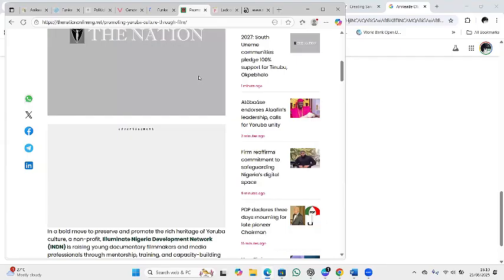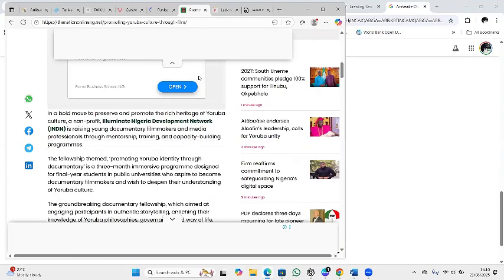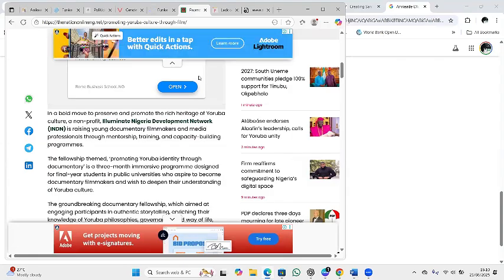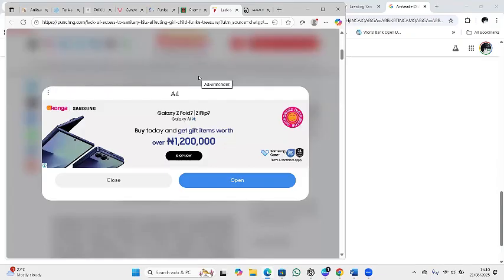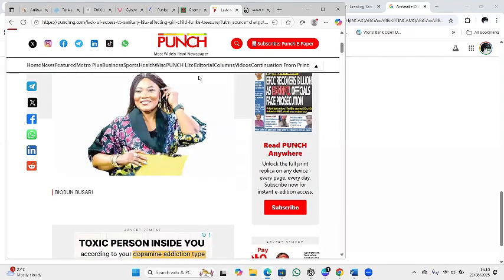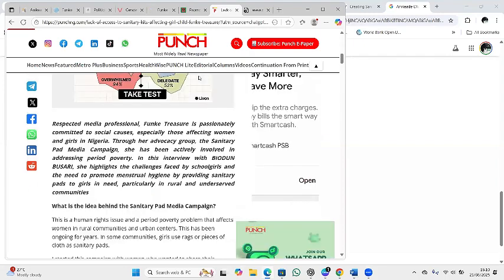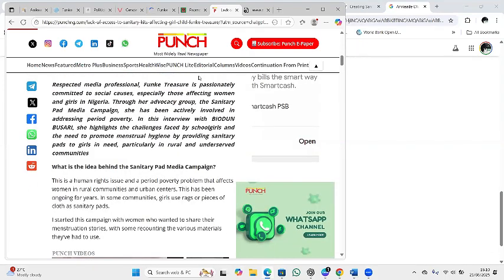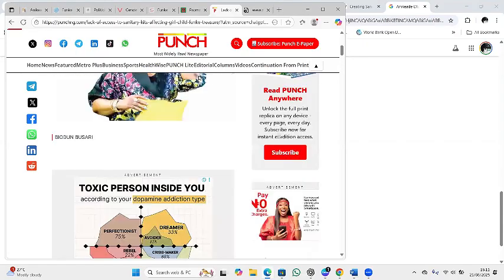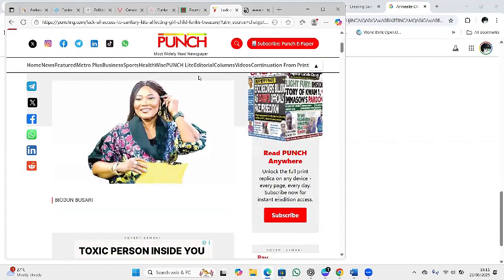Who is she? First of all, once you're creating an article on Wikipedia, you have to establish who she is in simple terms. You don't need plenty of talk. That one is for the media. The media is the one that will be using all those endearing words, but as Wikimedians, we need to just go straight to the point. She is a Nigerian, first of all, and she is a broadcast journalist. Every other thing can come under other sections like career, life, and all of that. But first of all, who is she? That's what we're going to establish. So Anike Ade Olufunke Treasure Akintoye is a